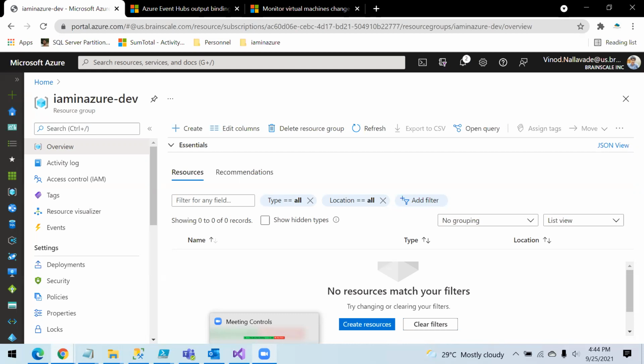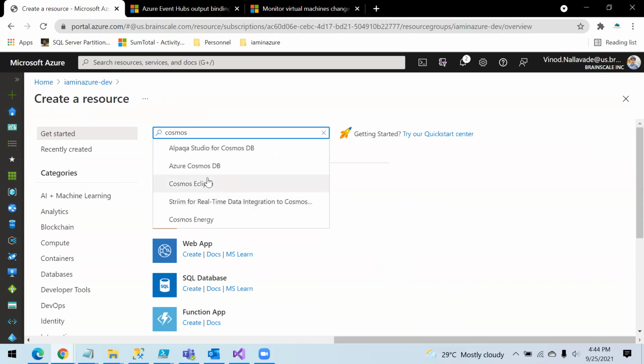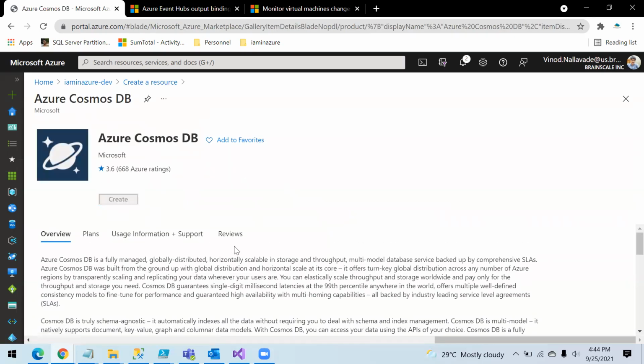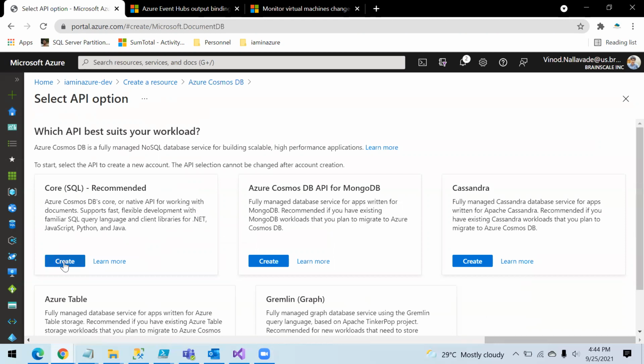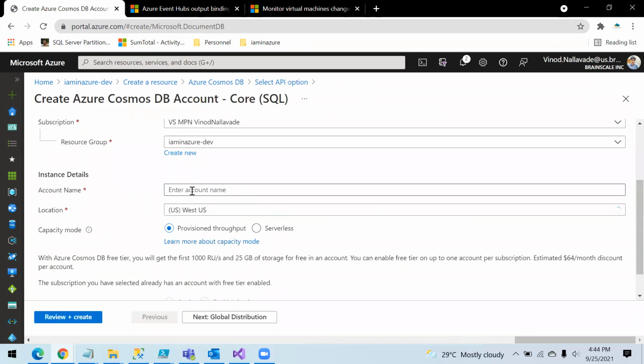So let's get started. The basic thing we need is a Cosmos DB. So let's start with that. Let's just quickly create this. I'm going to select the SQL one. You can use the other ones as well based on your requirement. It can be API based, or Cassandra, or table based, or graph APIs. So like this, and I'm going to create a Cosmos account here.